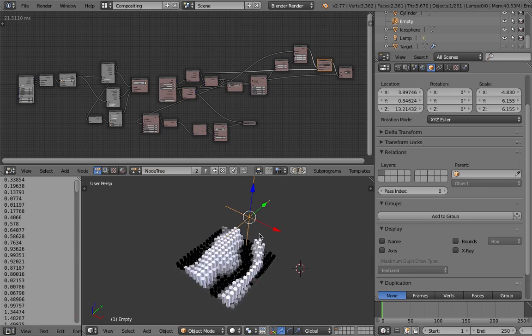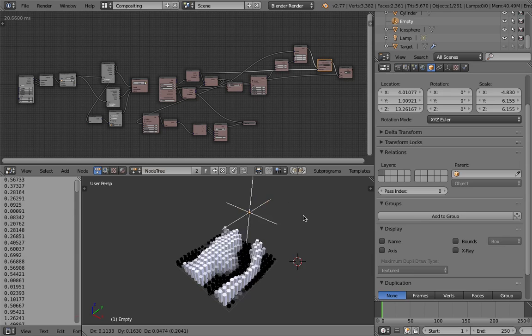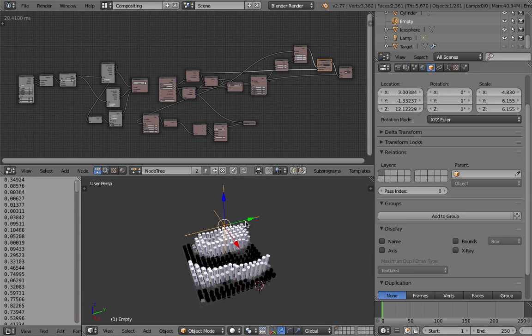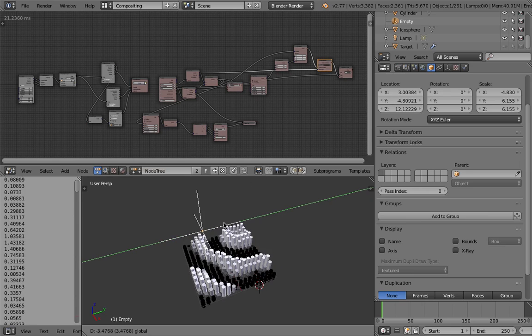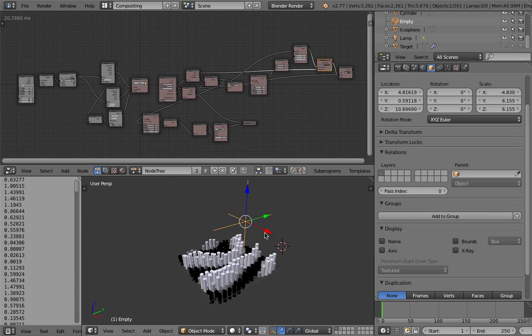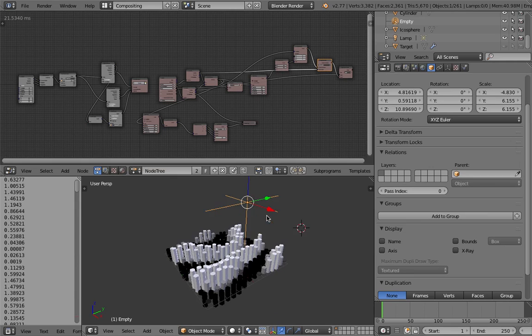Okay, hopefully this is useful for you. You can make your own procedural artwork, procedural art, maybe in a gallery or at your own school or university. Hopefully this is really useful for you, and have fun and enjoy.